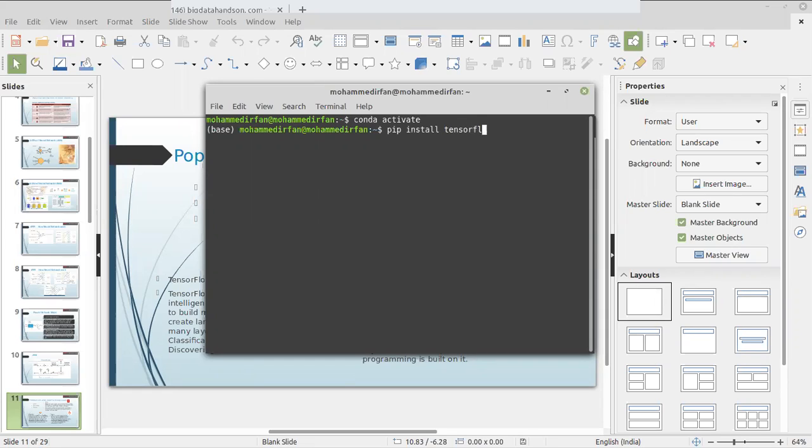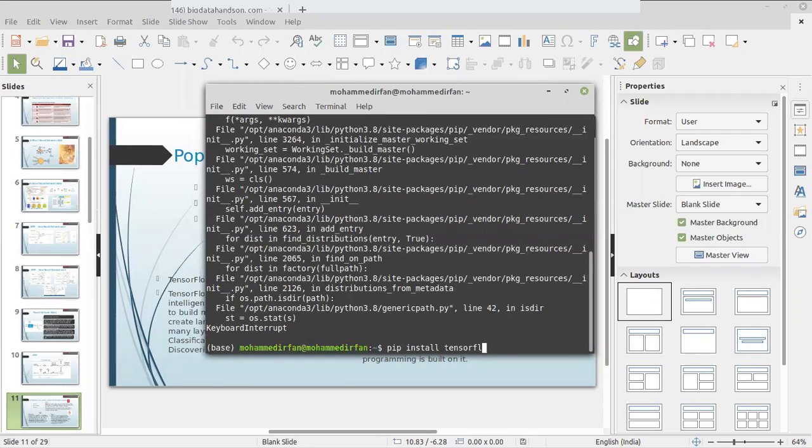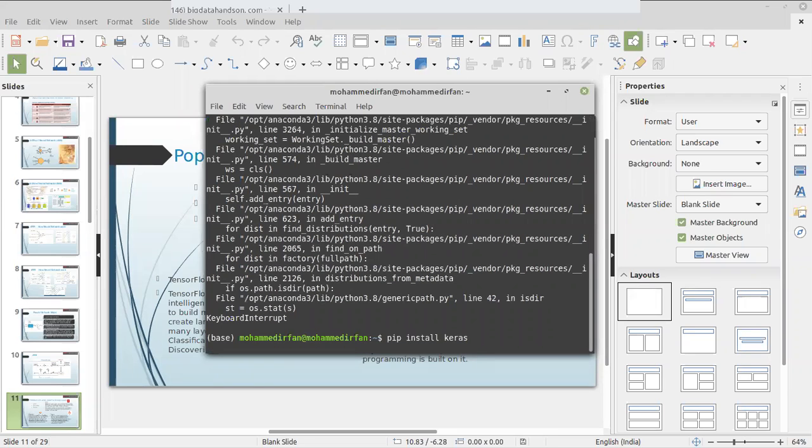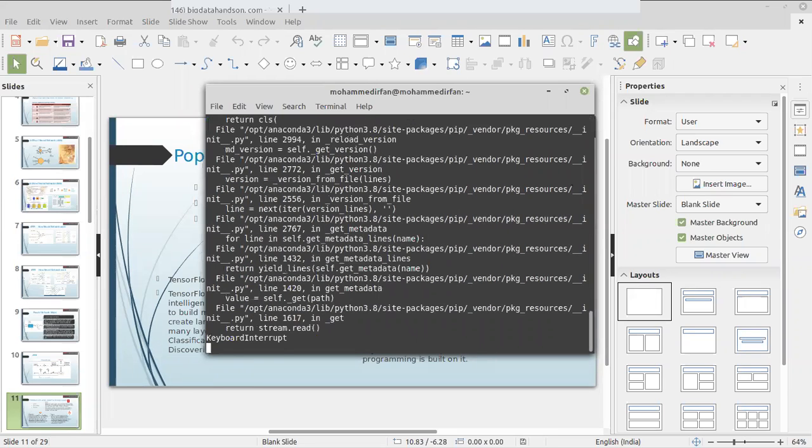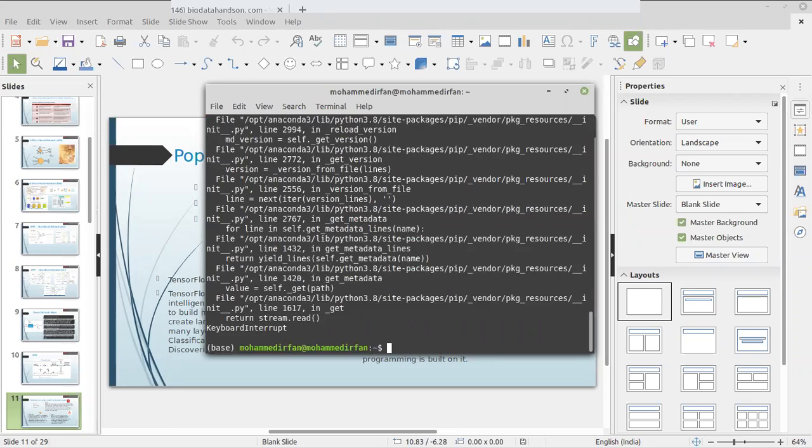After this process, it will install the TensorFlow library for you, and you can install Keras after this. After this installation, you can use the Keras library.